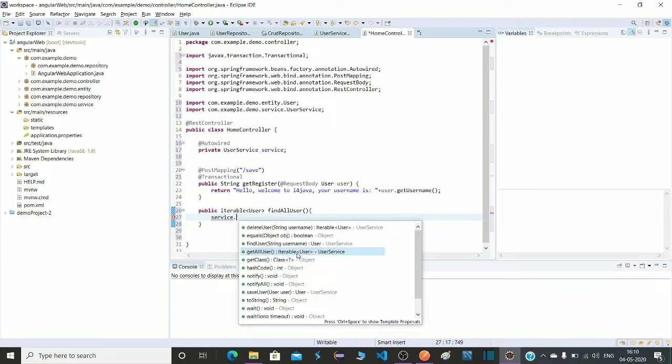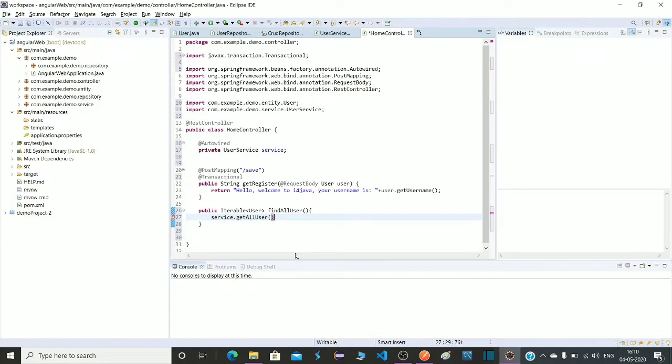This is the method we created in the UserService class. We are calling that method, and that method will call findAll. We have to return it.